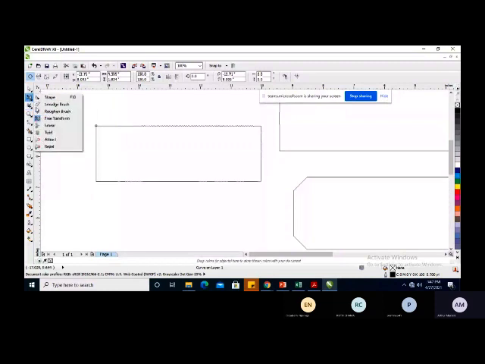Then also we have another tool here. Of course, we may not be able to look at all the tools, but I will try as much as possible to cover as many tools